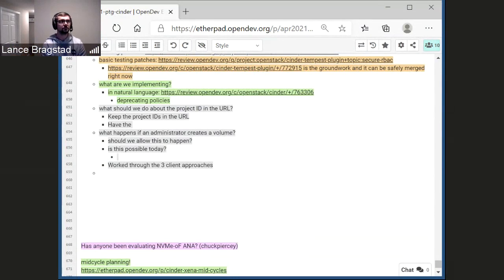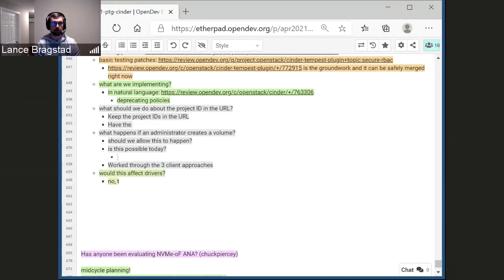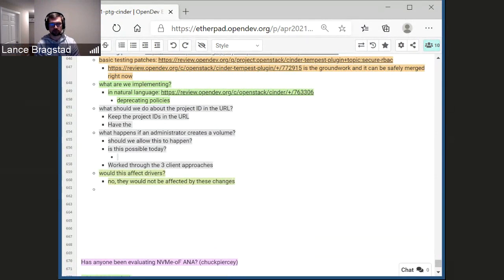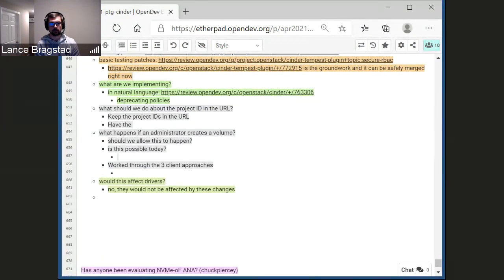I think the Tempest work will be, if you weren't in the session on Monday, we talked a lot with the Tempest folks, and they are going to try working on a test decorator that will swap the admin client with a system scoped client instead of the project admin client. And you can do that on a per test basis. That would allow us to work through all of the existing Tempest tests and reuse them for protection testing, which would be nice because testing this from the ground up is going to be an incredible amount of work.